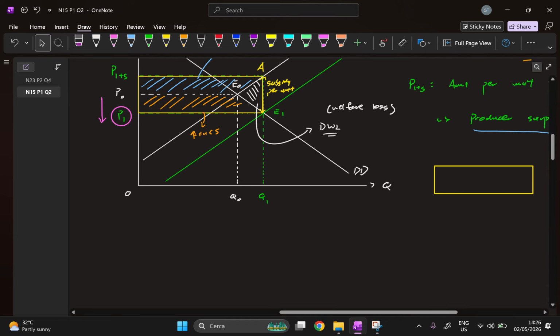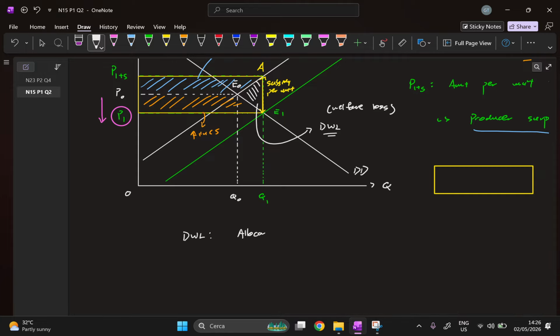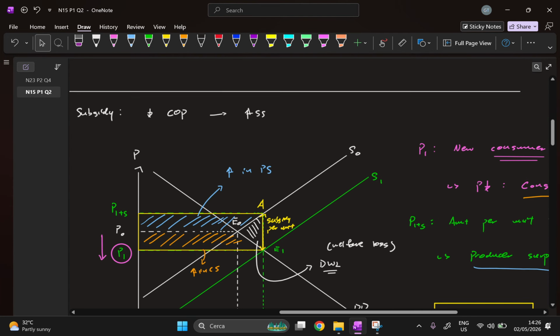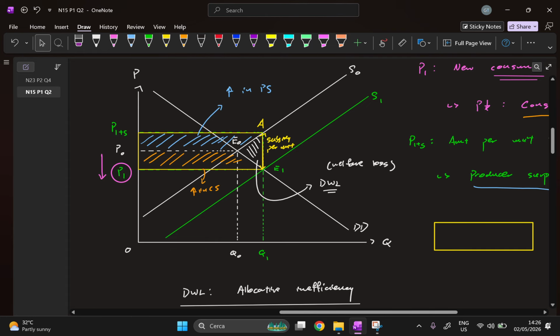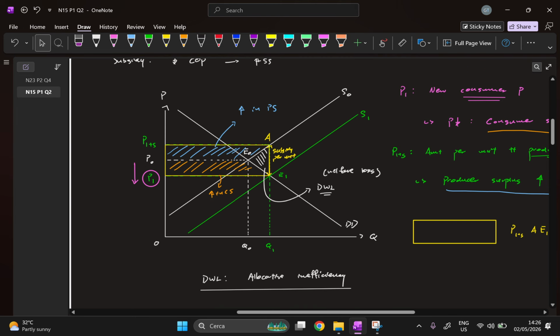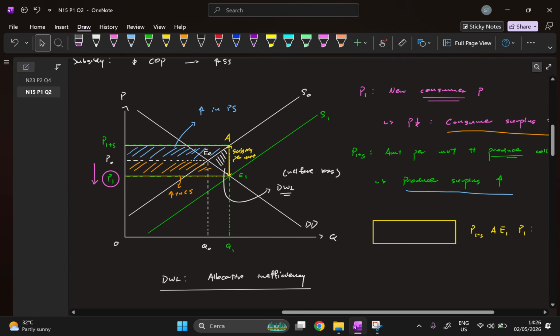And the term that we like to associate with dead weight loss or welfare loss is allocative inefficiency. So we will come across this concept of welfare loss and allocative inefficiency a lot later on in market failure. Okay, so I think that I've pointed out everything important that I need to point out for the subsidy